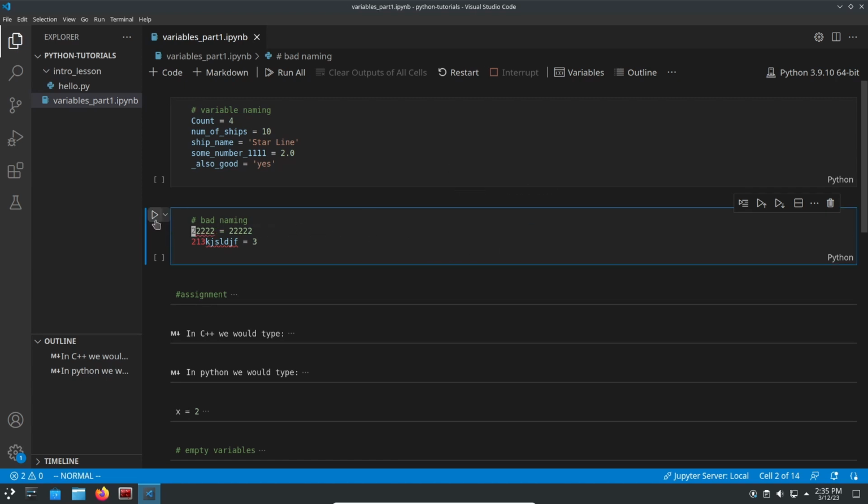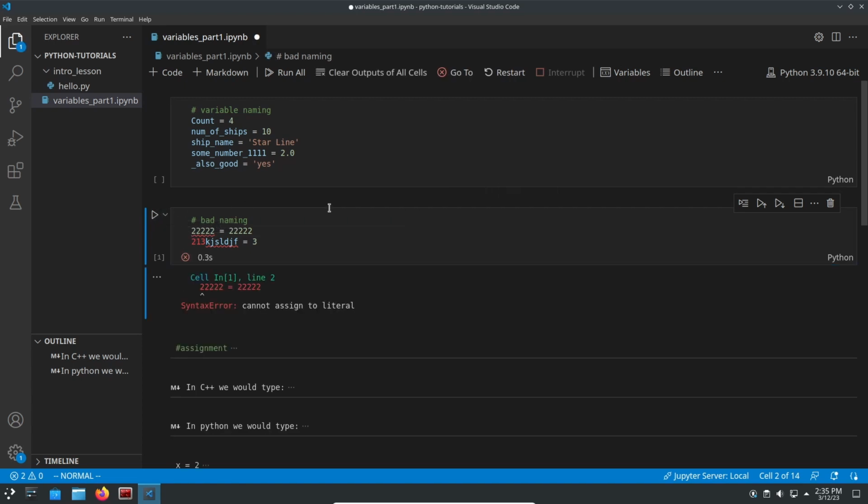If I run this, for this one here, it's going to think we're trying to assign a value to another value. And so it won't see this as a proper variable name. See, it's saying a value can't be assigned to another value. But if we were to comment it out and then run it, we'll get a different error. In this case, it does sort of see it as a variable name, but it considers it invalid syntax because